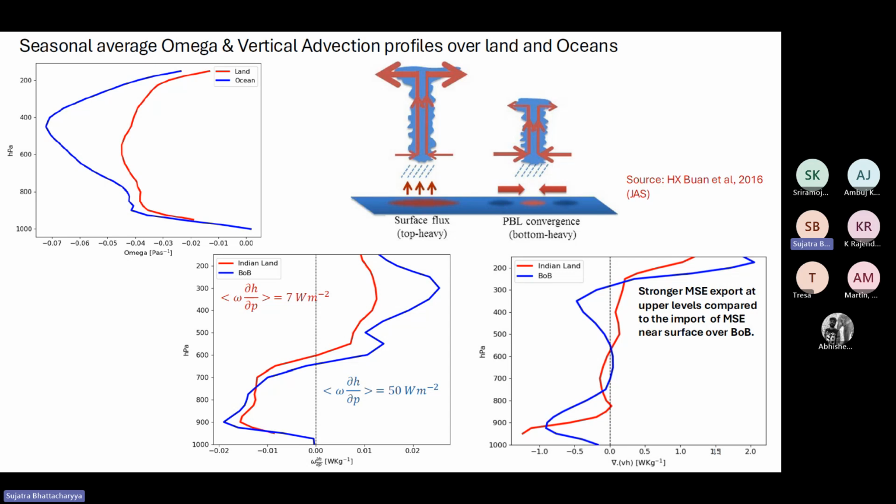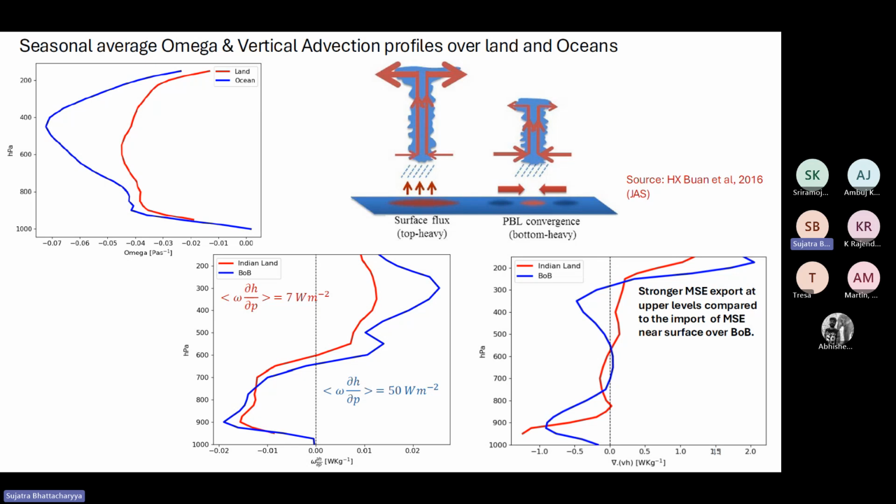And what is the convection process? The convection process tries to stabilize the instabilities which are formed. So if there is a strong export of moist static energy at the upper troposphere, and compared to that a very little import of moist static energy or moisture from the lower atmosphere, it is trying to stabilize. The strength of the stabilization can be found using this omega delta H delta P. And that suggests that because it is strongly trying to stabilize to its mean environment, deep convective activities will be found over the Bay of Bengal,